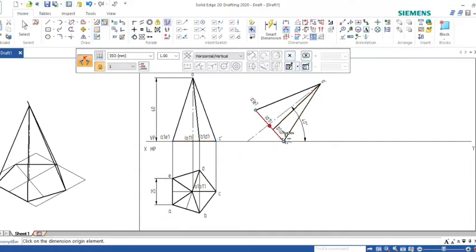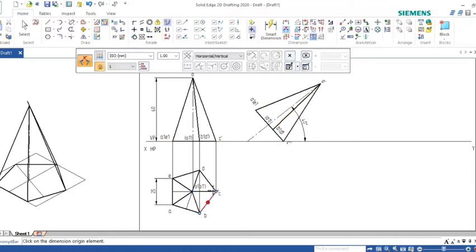Then take C to O as a radius, and from here draw an arc. Then take the radius A to O, from this corner cut this arc, and you get the center O dash. Once you get O dash, join this. This one you can do by manual drawing.